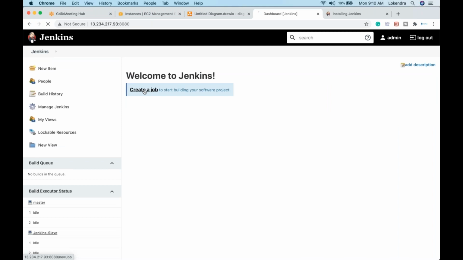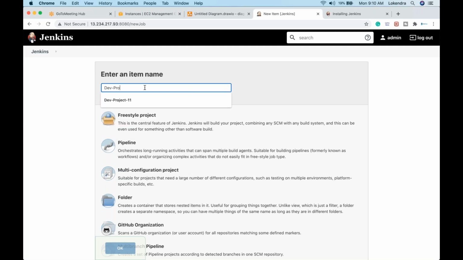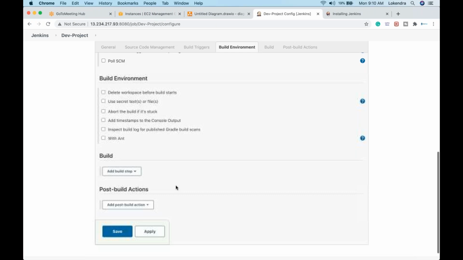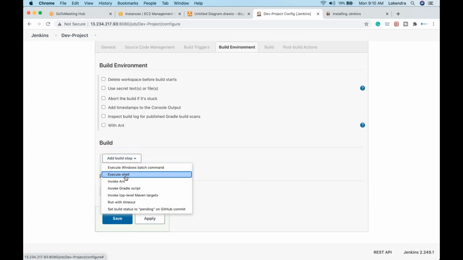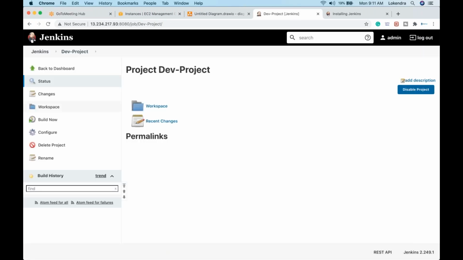Now, what I'll do here is create a job. Let me create a job with the name dev project, as a freestyle job. I'll do one thing: just two sample commands I'm going to execute here. Maybe I can run the date command, the cal command, maybe the pwd command, whatever I want, because I just want to show how it works. I'll hit save, and after that, I'll hit build now. Let us see, guys, what happens here. The command is executed.